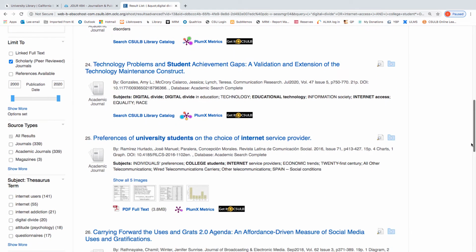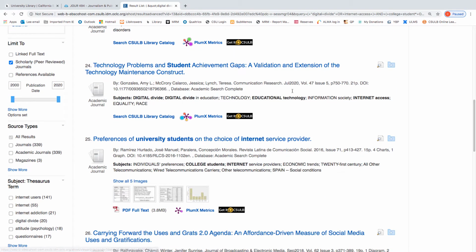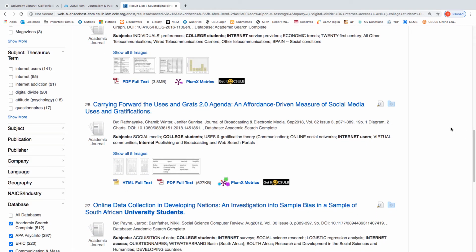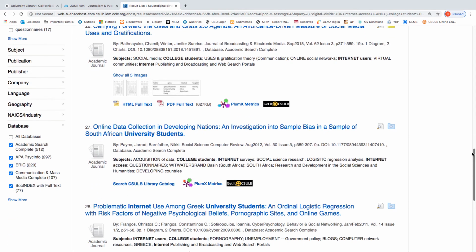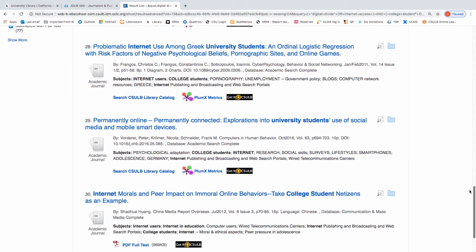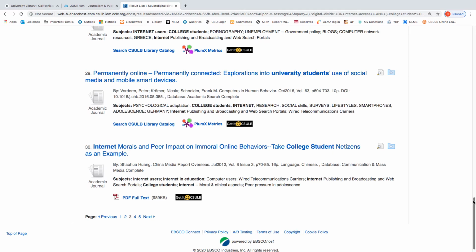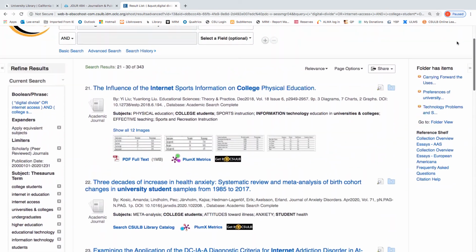So for the moment, and here's the one we had earlier from July 2020, I'm going to throw this one in too. The affordance-driven measure. I'm not sure about that, but I'm going to stick that in there. And I'm going to stop now, though there's plenty more that I should probably be looking at.